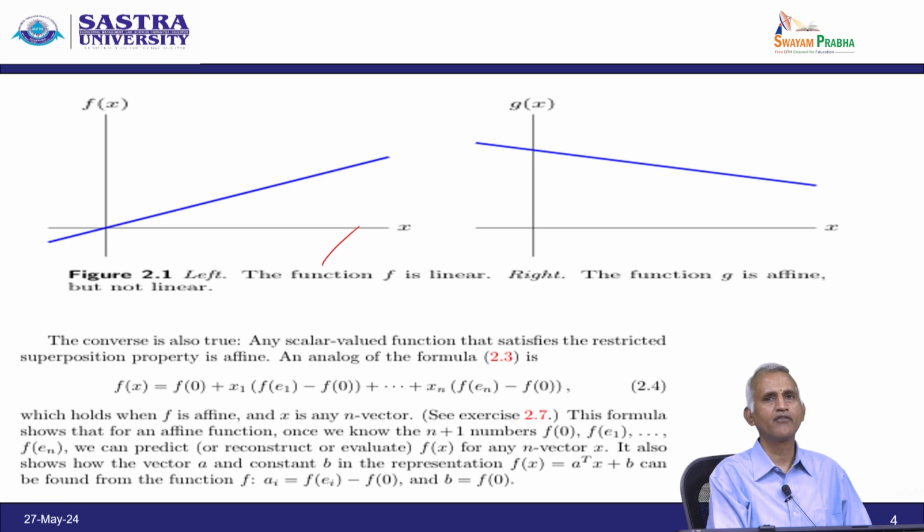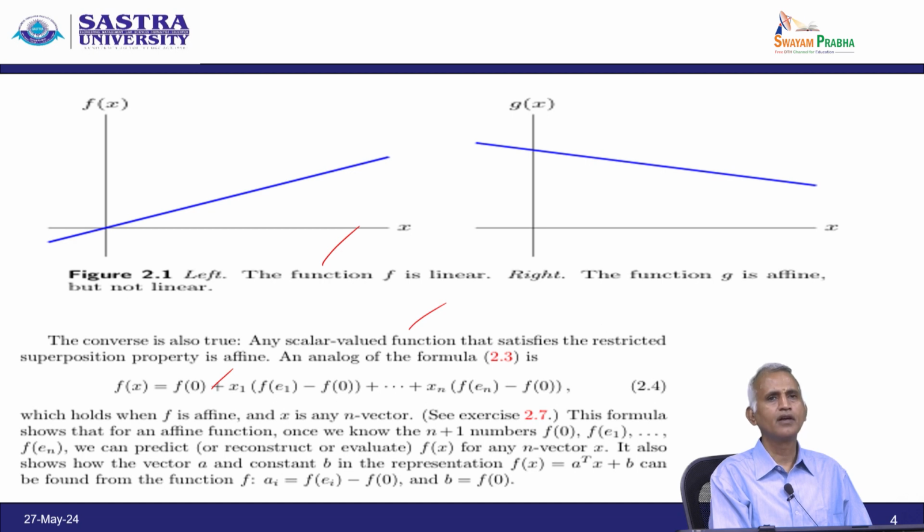Because it is reflected in the opposite way, that is the meaning of affine. But it is not linear, therefore the converse is also true. So, any scalar valued function that satisfies the restricted superposition property is affine, and the analog of the formula is f of x equal to f of 0 plus x1 into f of e1 minus f of 0